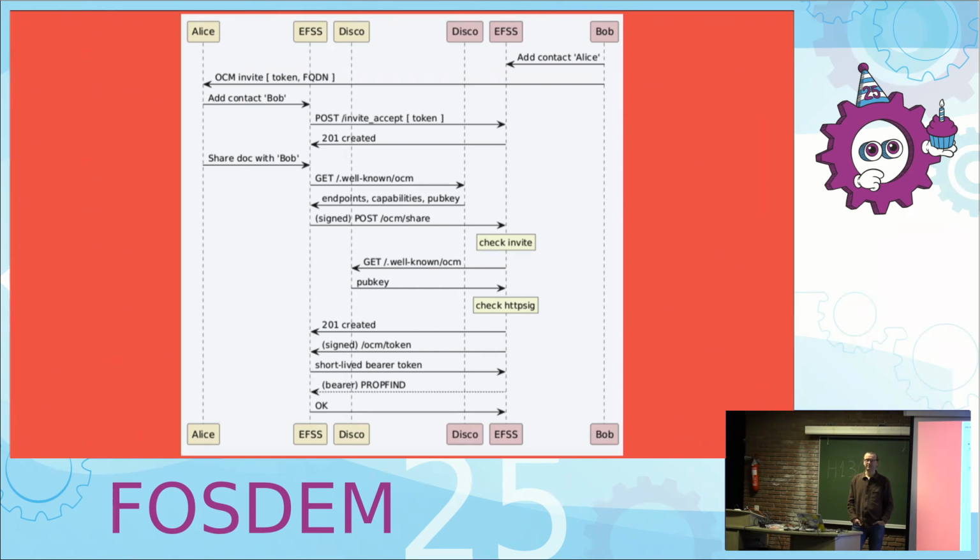Yeah. So the question is, it doesn't necessarily require to be on the same server. It can be distributed, federated. The question is, what is the difference between ownCloud Mesh and OpenID Connect? There are probably some parts that you know that I don't know about, but in general, when you say I'm going to federate authentication with OpenID Connect, that means that you allow other identity providers to provide users to access resources on your server.